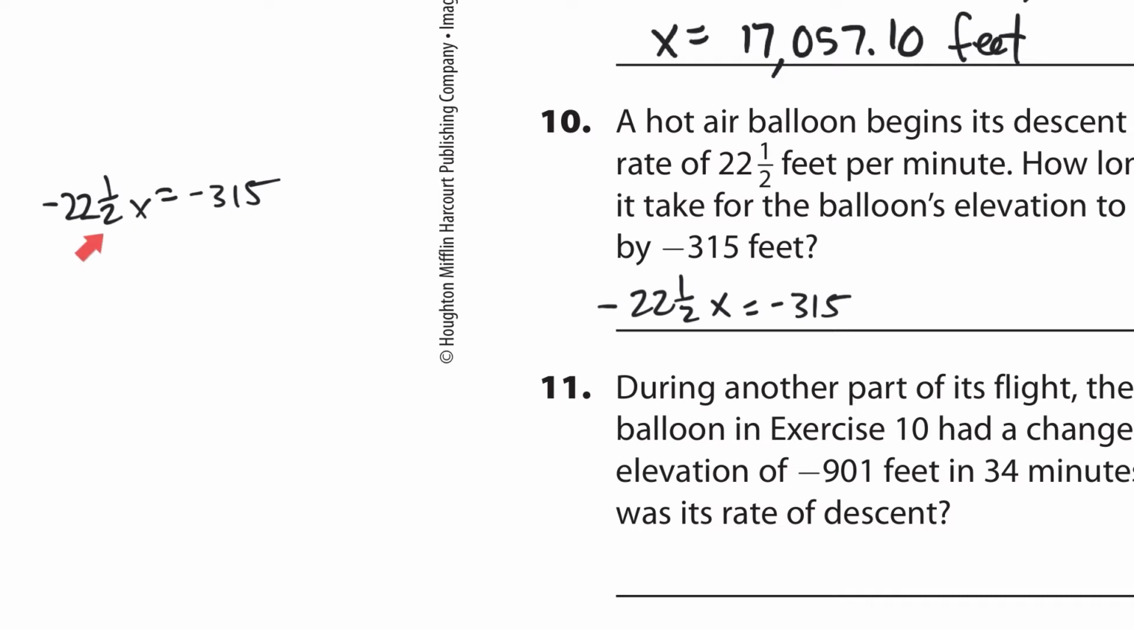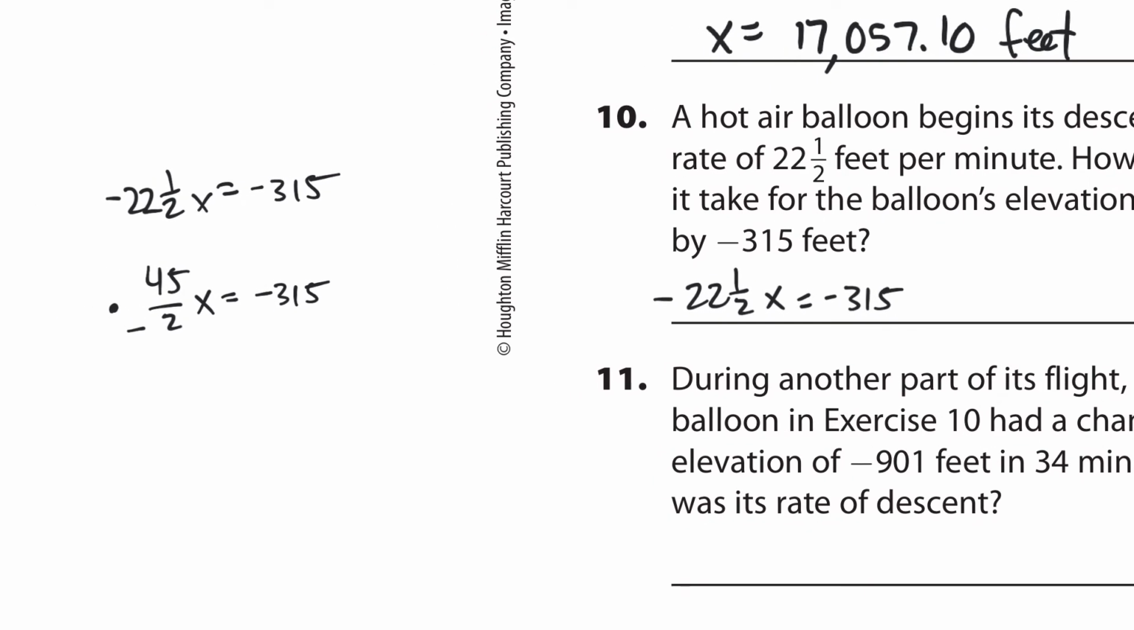So let's turn this into an improper fraction, make it a little bit easier. So 2 times 22 is 44, plus 1 is 45 over 2. It's negative, so let's put the negative in the denominator, and times x equals negative 315. So now what we have to do is multiply by the reciprocal. The reciprocal is flipped over, negative 2 over 45, and I have to do this times negative 2 over 45. These cross cancel. That's what you're going for, and you get x is equal to